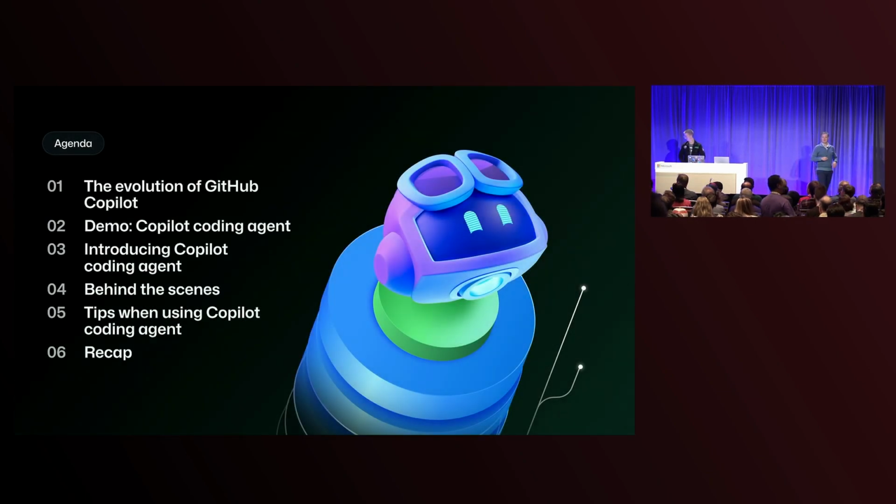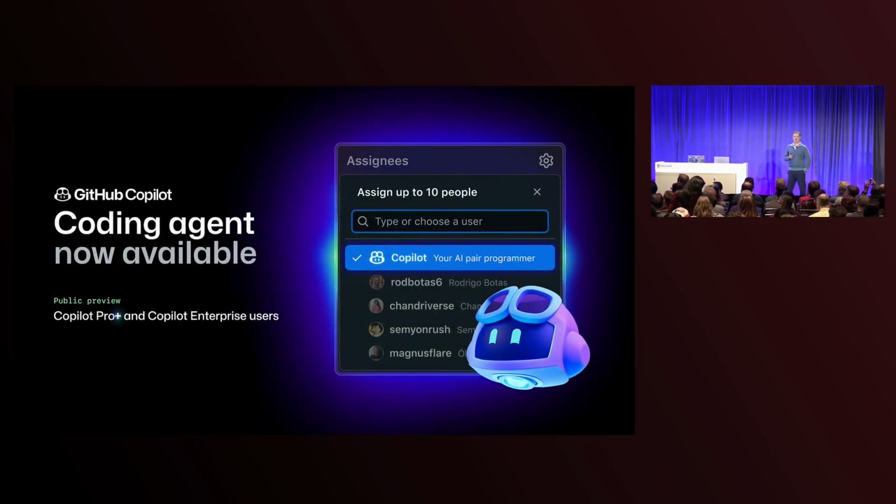So today we're going to give a bit of a background on where we've been with GitHub Copilot over the last 5 years, from completions to chat to agents. And then we'll do a really deep dive on some of the new work that we're doing inside GitHub with GitHub Copilot. I think folks probably saw that this morning in the keynote, Satya announced an exciting feature in the GitHub Copilot platform, which is GitHub Copilot Coding Agent.